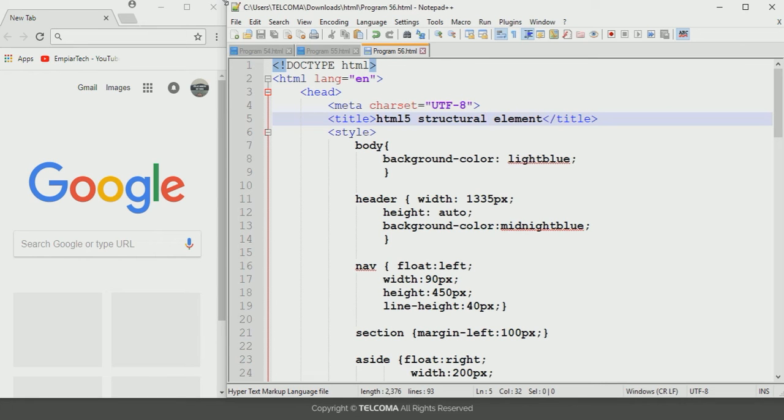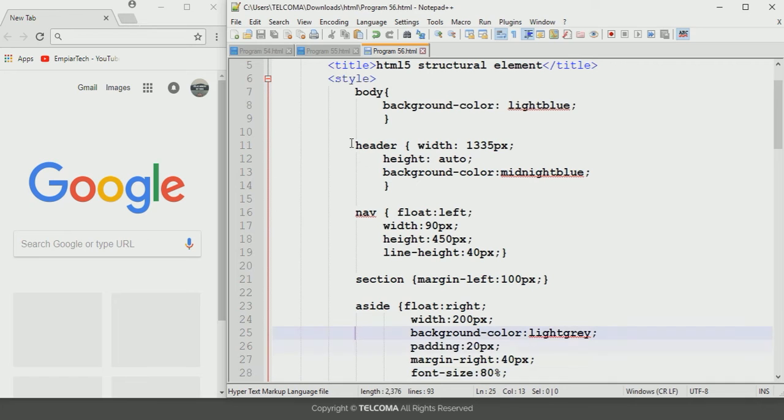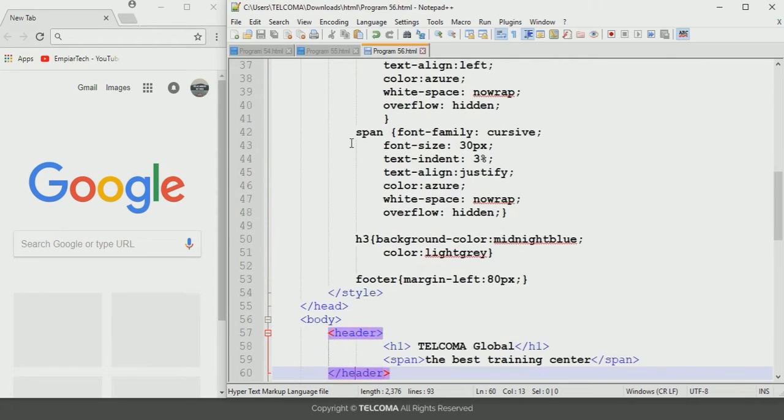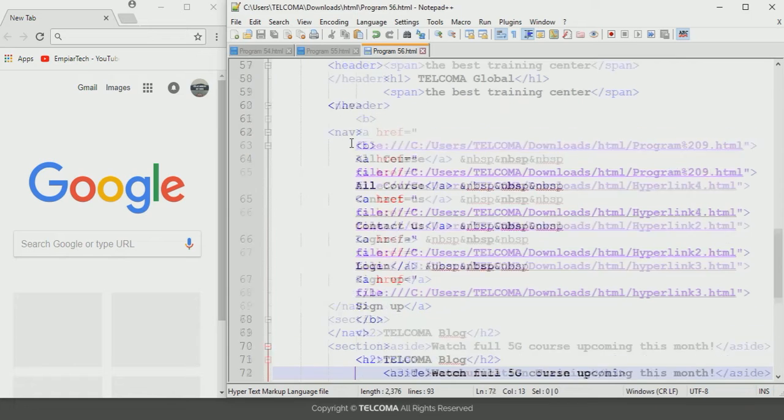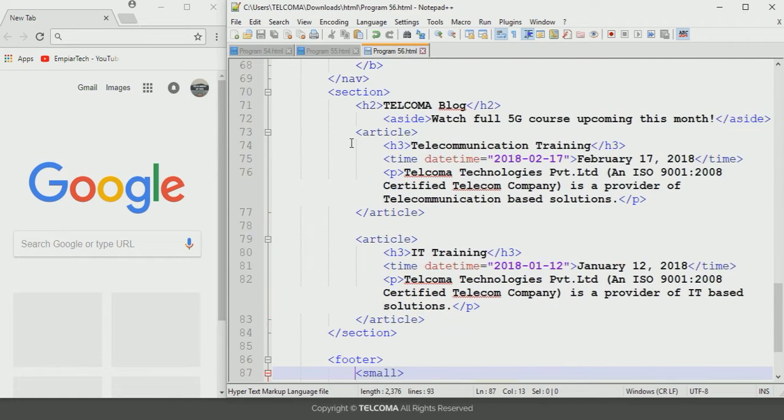So here I have designed this program. Basically I have made changes in the program which we have discussed earlier in the class of two column page layout. In this program I have made the changes in the main section of the program. Here I have removed the main section and in its place I have used this section element. The section element is used to indicate a section of a document such as a chapter or a topic. The homepage of a web page can be split into sections for introduction, for the content part, or for writing the contact information.